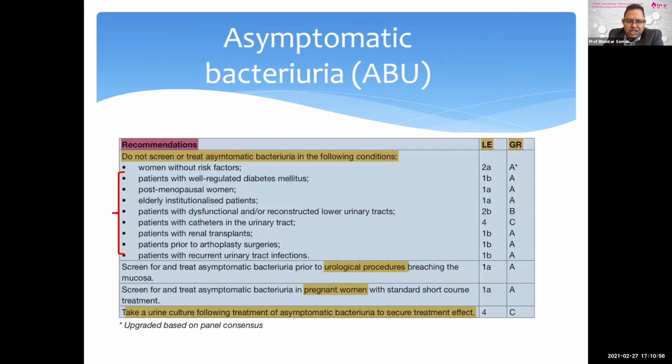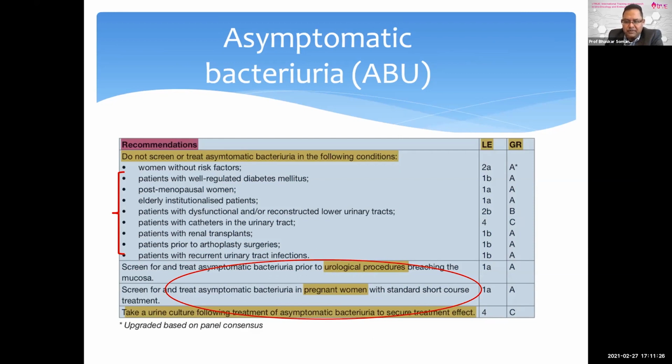Again, the recommendations generally do not screen or treat bacteriuria in the following conditions. So patients without risk factors and with well-regulated diabetes and so on. If the risk factor is very low and they otherwise have catheters or transplants, you do not have to screen or treat them routinely. However, you must treat them prior to any endoscopic urological procedure and in pregnancy, and the treatment should usually be followed